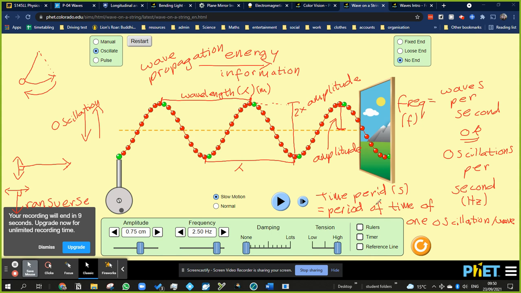Okay, and all these ways of measuring can be done with all types of waves. We're going to look at another type of wave eventually, other than transverse, but we'll leave that